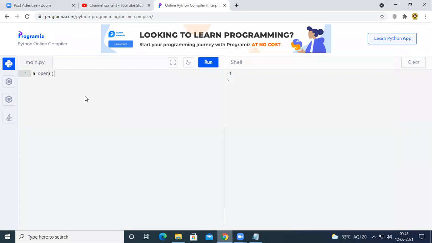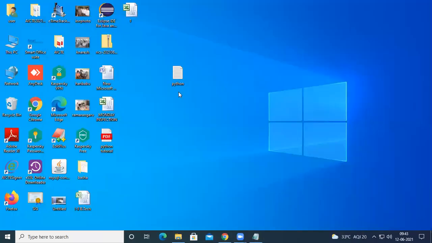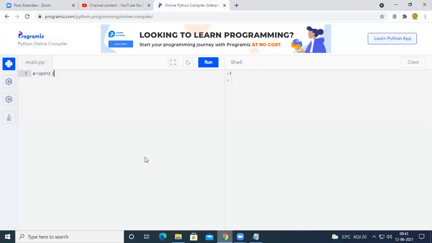So for example, on the desktop, I have a file called Python. If I want to open this one and I pass just Python, we are going to get an error.